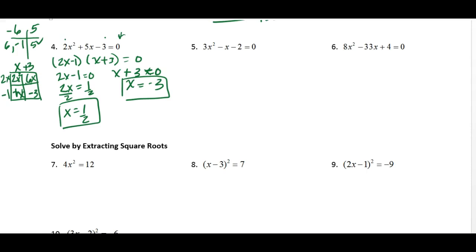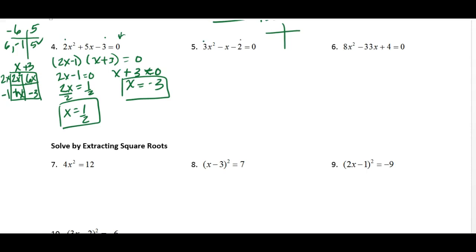All right, let's try number 5. If you want to pause the video and try it yourself and then see if you get what I get, go for it. Whatever you need to do to build your confidence in factoring, but you have to be able to factor. All right, it's already in trinomial form, already equal to 0, so I'm going to build my little